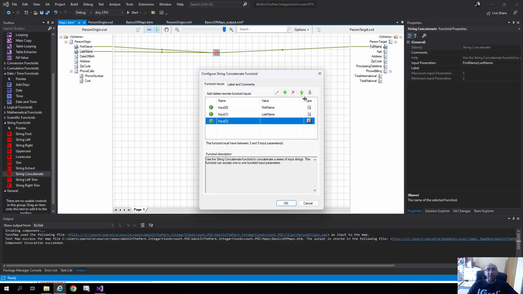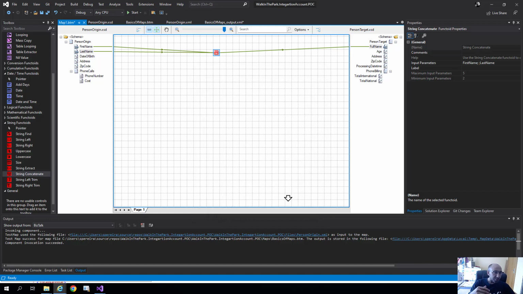So I add a space here and I can kind of reorganize all my input parameters, and there you go, my first mapping condition is there. So, and you know the drill, I'm not going to explore too much because the session is not to explore this map. Okay, so we have all of these capabilities, and now